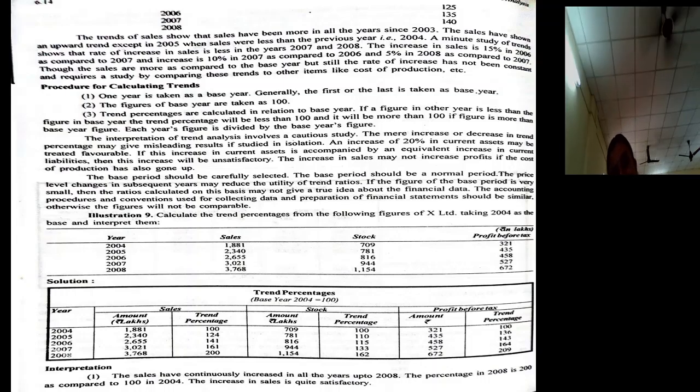They took the changes that happened in sales over a period of time. Sales increased substantially. They looked at stock. Stock also increased. They looked at what happened to profit before tax. It also increased. When they compared the profit before tax change with the sales change, profit before tax increased more than sales in terms of percentage. That indicates that the organization is performing well and controlling cost of goods sold. That's why the change in profit is more than the change in sales. So this is how they analyzed the financial statement.